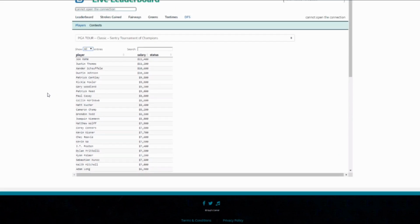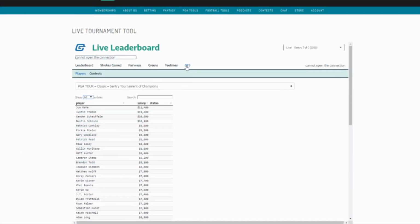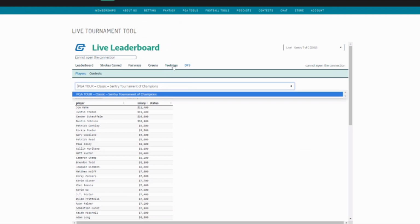Straight basically from DraftKings right now. And then tee times, once those come up, you'll be able to see what tee times are out, round 1, round 2, so on and so forth. This is also live during the tournament. So once the round 2, round 3 showdown stuff comes up, you can go in there and check those out,